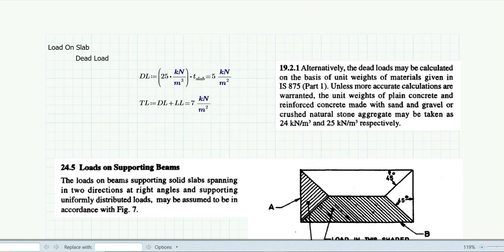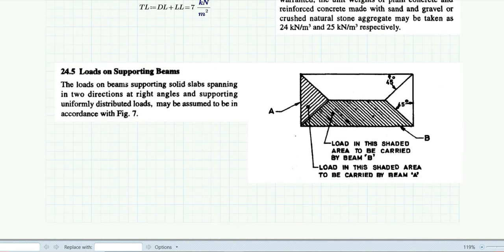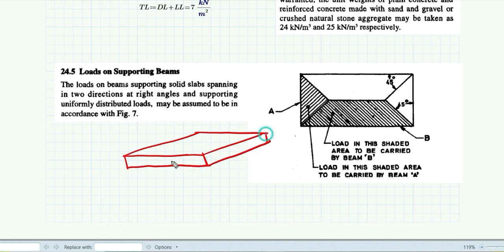Now the second thing is, you know that while constructing, slabs are monolithically cast with the beam. If you see a real building, the slabs are monolithically cast with the beam, right? So in that case, how do we distribute the load that is coming to the slab to the beam? Because the slab has 4 beams attached to it. In the ideal case, it will have 4 beams at all 4 sides. How to distribute this particular load?